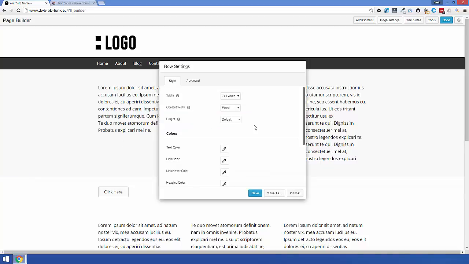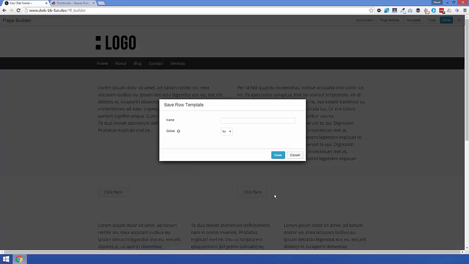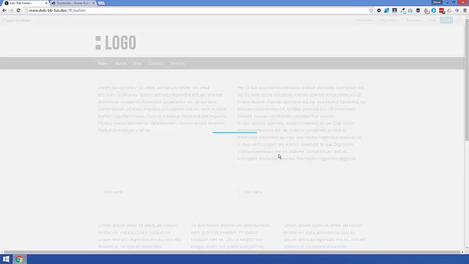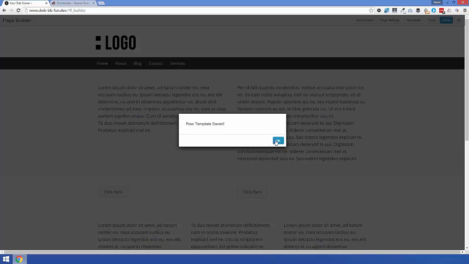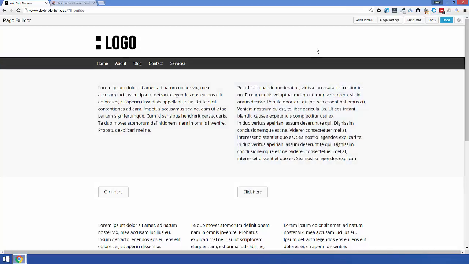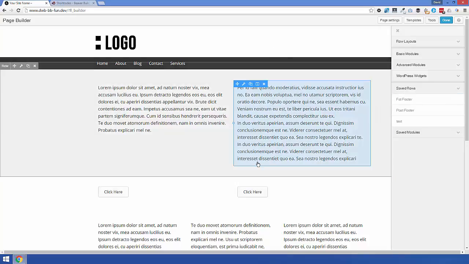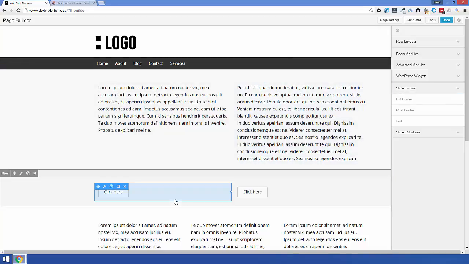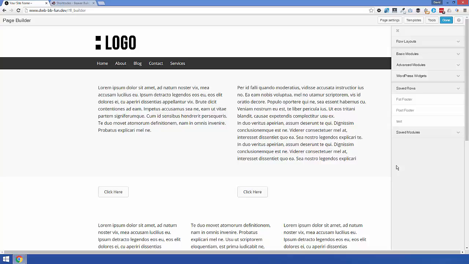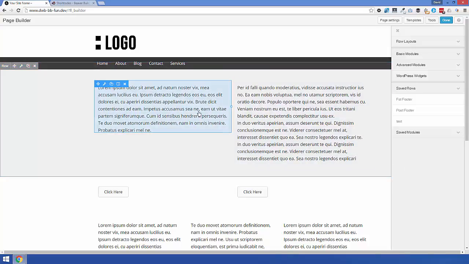as a saved template by going to Save As. And I'm just going to call this test and save. Okay, let's just check we've got it there in our saved. Yeah, we've got test. And now all we need to do is move this saved row into this column